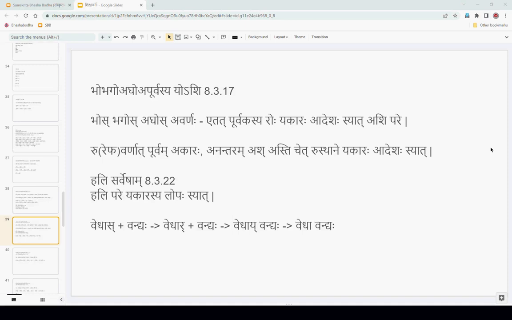Any, like I said, Janaha, Ashipare. So note that it should be Ashipare. Janaha, kim kurvanti? Dhavanti. Jana dhavanti. Visarga or whatever that is, Sakara, Refa. And if you are thinking of Visarga there, like if you want to say Janaha dhavanti or Jana dhavanti,